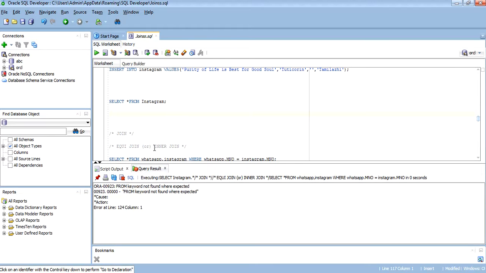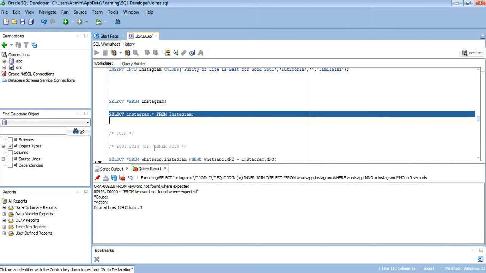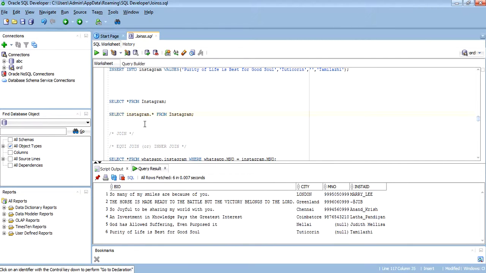We can also use the statement select Instagram.star from Instagram. This is another method for viewing all the data. These are the data I have stored in the Instagram table.